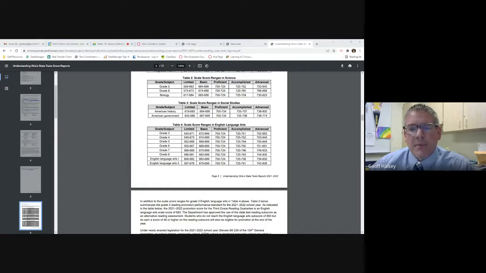Once you're looking at those scaled scores and numbers, you want to put that into context, into text, into meaning. So again, it's very important that all of us in the educational world understand exactly what limited in 3rd grade language arts means outside of a score of